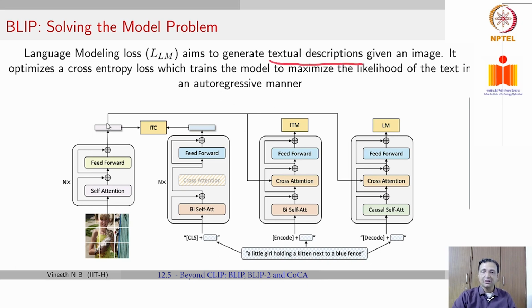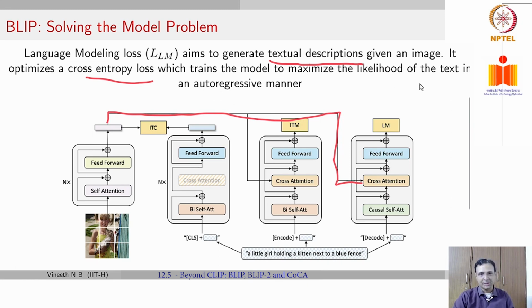I missed mentioning, once again in the fourth block you have the image embedding that is also provided for grounding alongside your text tokens. So the purpose of this block becomes to generate text descriptions given an image, and it optimizes a cross entropy loss which trains the model to maximize the likelihood of the text in a standard autoregressive